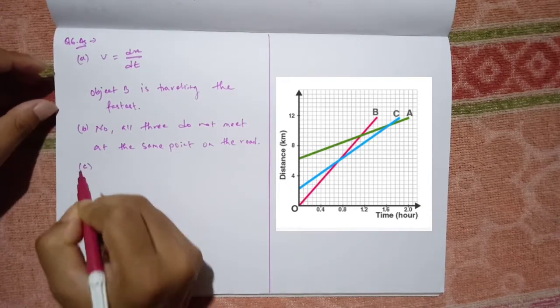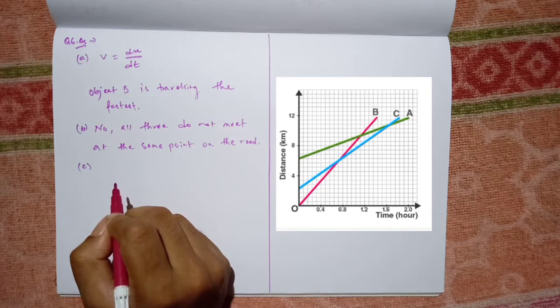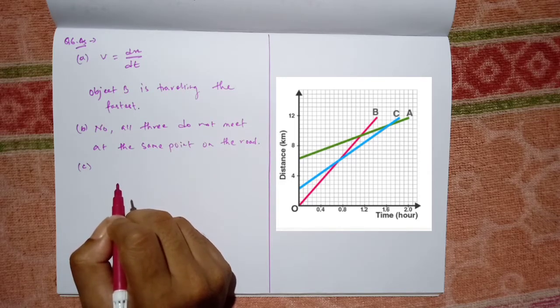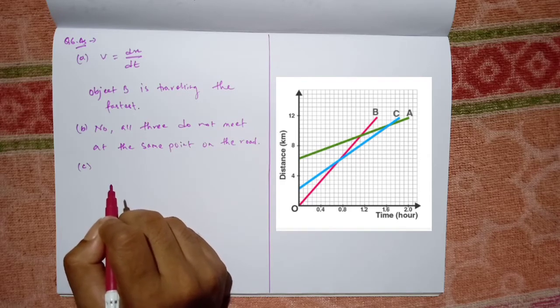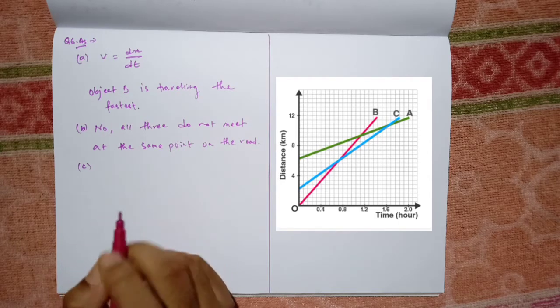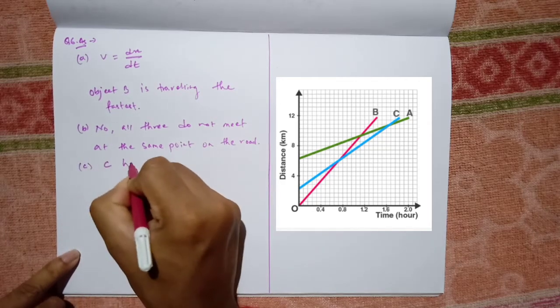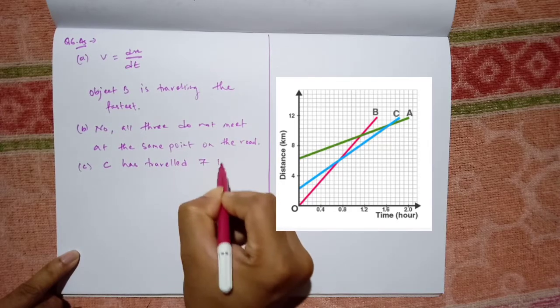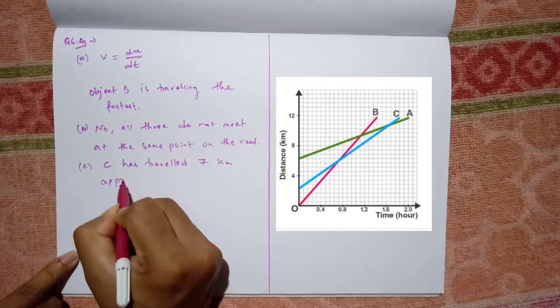Now the part C, it is asked how far has C traveled when B passes A. So if you see in the graph, when B and A meet at a point at the same interval of time, we can see that C has traveled 7 kilometer, I think approximately, when B passes A. So the answer will be C has traveled 7 kilometer approximately